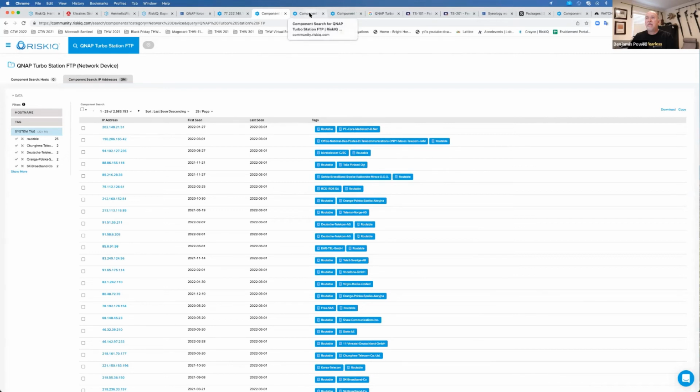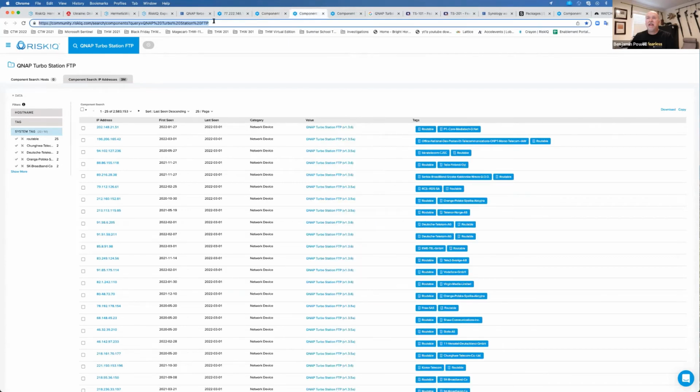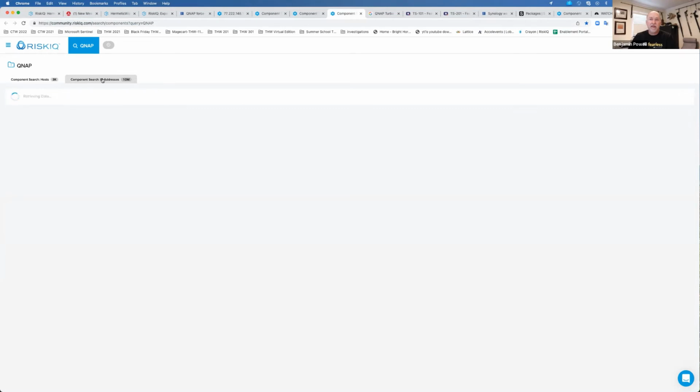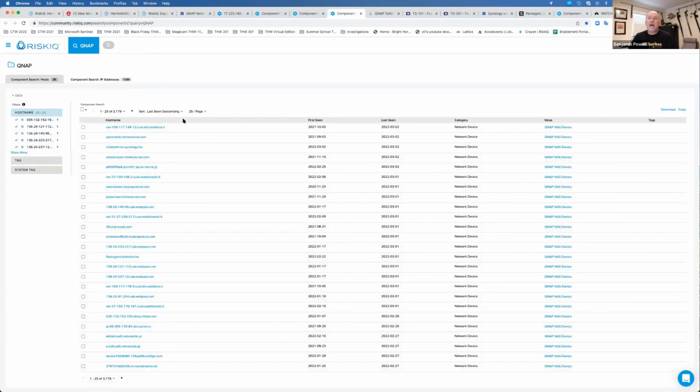I could even make it smaller and say, show me QNAP. If I search for QNAP, I can find every QNAP device, and there are over 10 million IPs that have those, and over 3,000 domains associated with those.